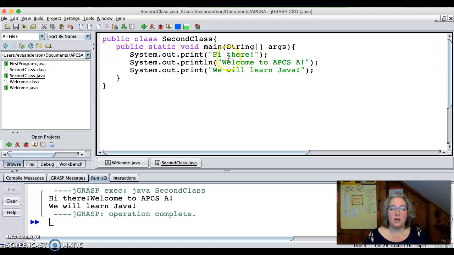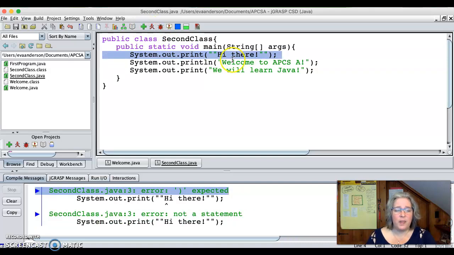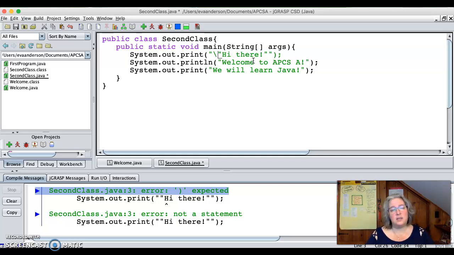If I want hi there to be in quotes down here, then it's as if I want a quote here and a quote here, but you can already see it's changing colors, and Java's not real happy with this, and it's not going to compile. So Java gets kind of confused on where the string literal starts and ends. In some languages, you just do a double quote to mean one quote, but Java doesn't work that way. Java uses the escape sequence key. The escape sequence key is a backslash. So every time you want a double quote, you need to put a backslash